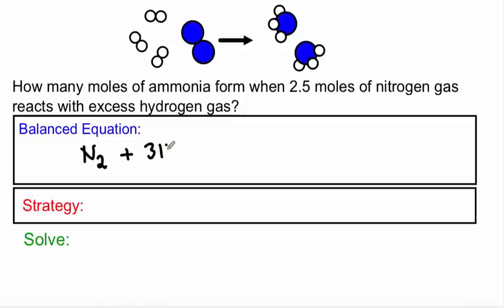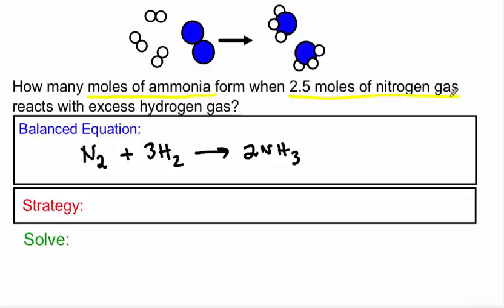This tells us the relationship between reactants and products in a given reaction. So N2 plus 3H2 gives us 2 NH3s. Now, in terms of our strategy, the way we go about thinking about strategy has to do with what the question is asking. And in this question, it's asking us to solve for moles of ammonia, and we're starting with